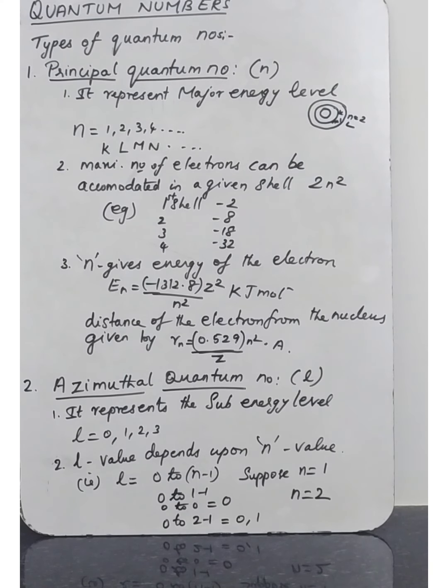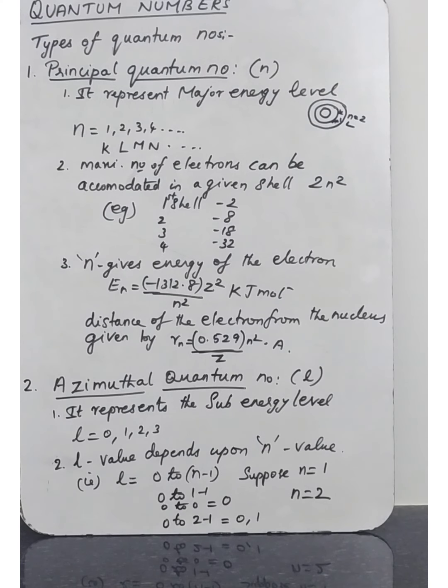It is designated as n equal to 3, M, and n equal to 4, N. So what I said, quantum number means which designate and distinguish the various atomic orbitals. So the designation as orbit 1 K, orbit 2 L, M, like that. That is the meaning.